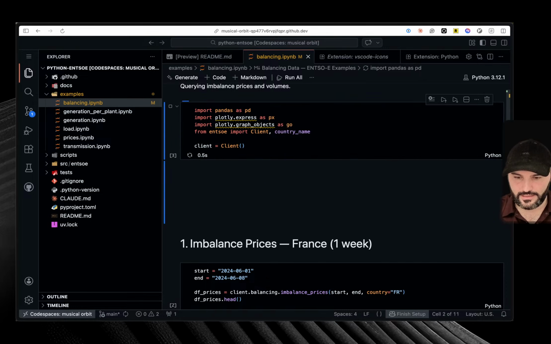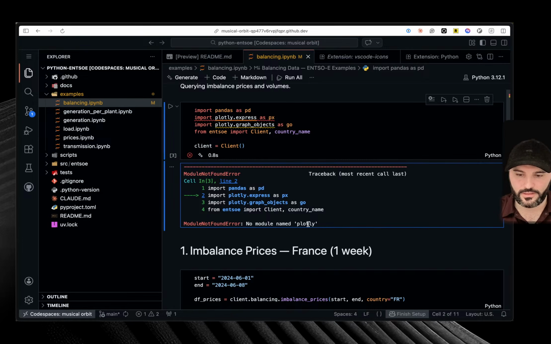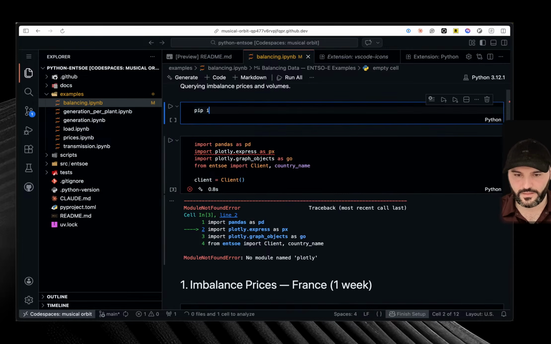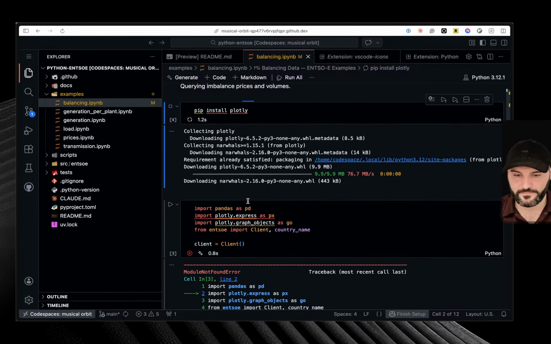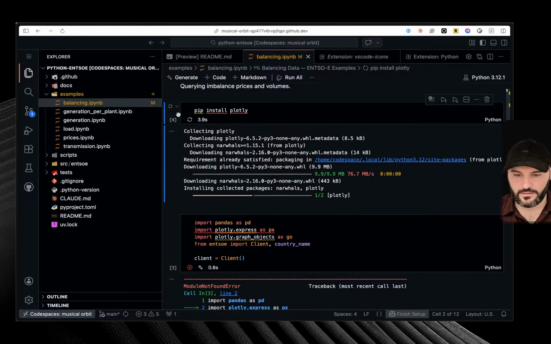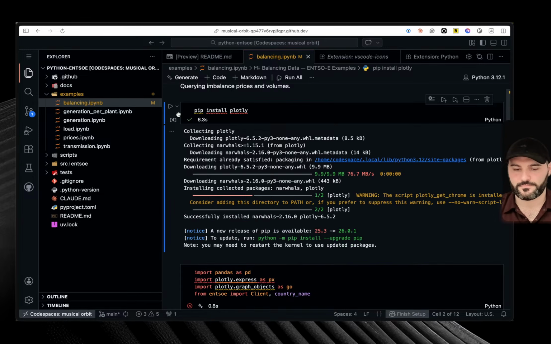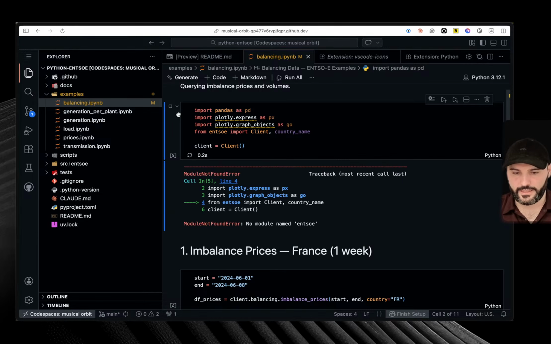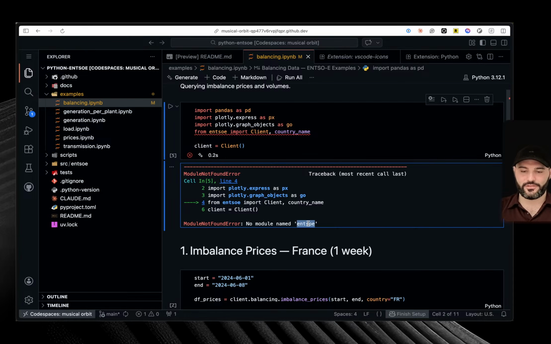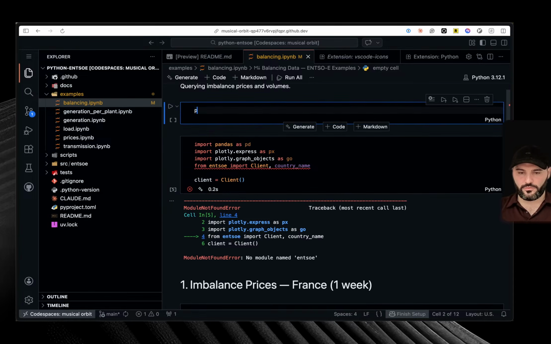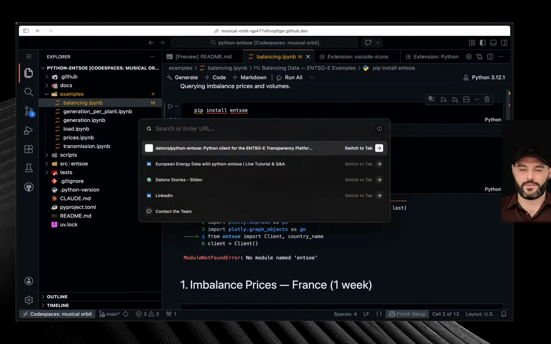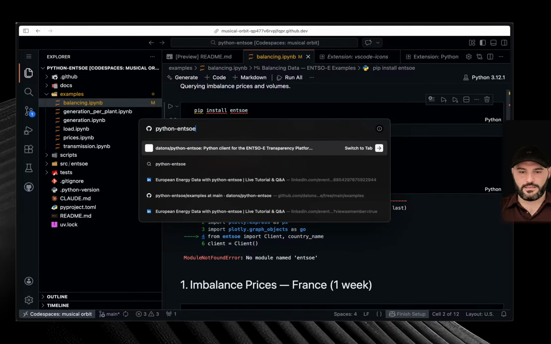We execute again, and now the error is telling us for Plotly. So we do the same, pip install Plotly. Now we execute again with Control Enter, and the error is now in ENTSO-E. So when I go to install ENTSO-E, I cannot put ENTSO-E because that's not the name of the library in the repository of packages PyPI. If I go to python-entsoe PyPI,